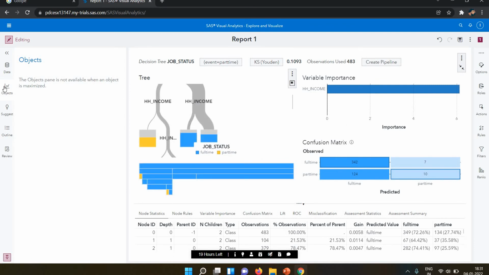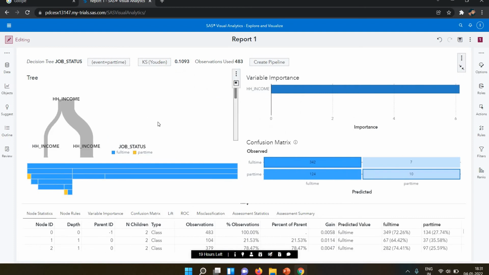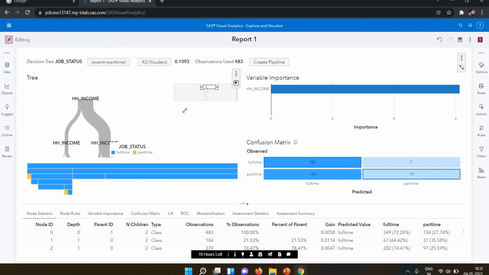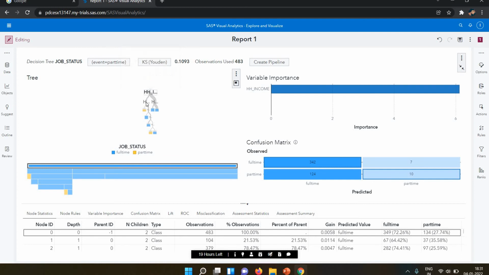Okay, let me zoom in. So we have the same influencer data here that I took. So this is my same data here. Here we have some parent ID, and the other IDs are there. So let's suppose, let me extend this.